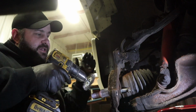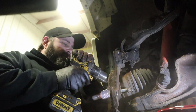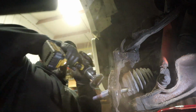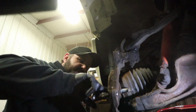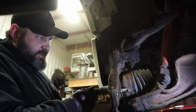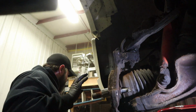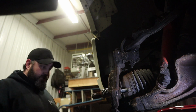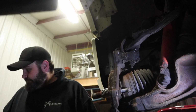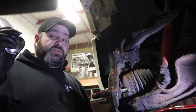So I like to get in there and just clean these things up. A little bit of a wire brush, which will clean all the crap that's inside here, and will allow you to get something in there. Now a lot of people use anti-seize, but we're going to use something different as soon as I find it. So instead of anti-seize, we like to use